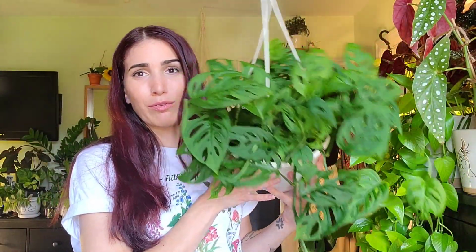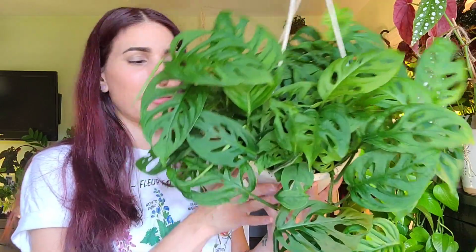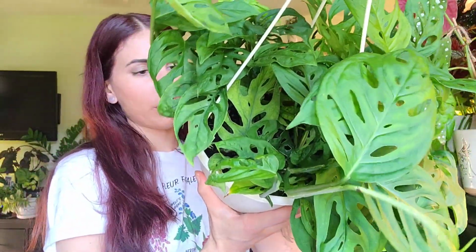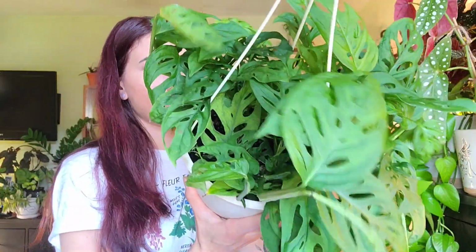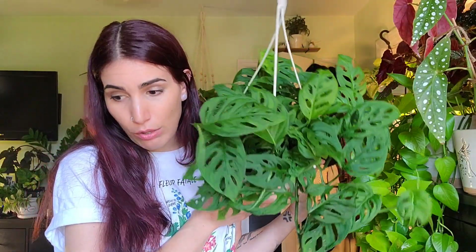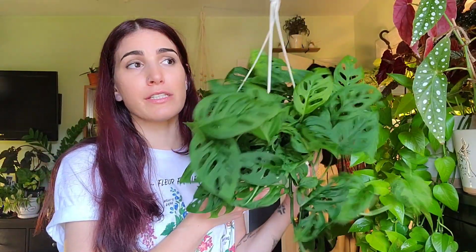This is a beautiful plant, and it was only $17.98. It's literally just called Tropical Hanging Basket Houseplant. I guess we're gonna have to mature the leaves on all of them to figure out the differences, because I've